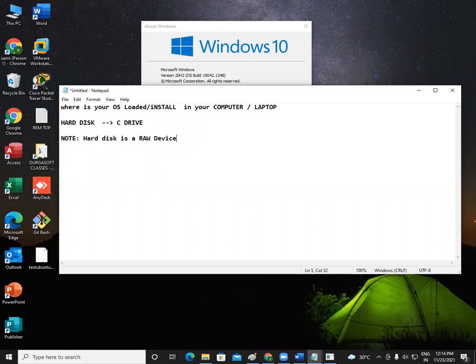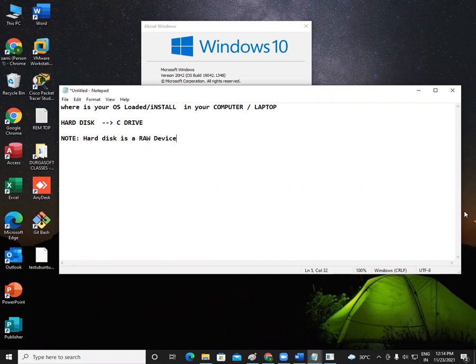This is what your installation is all about. You have to take the Windows DVD or a CD or whatever and do the installation in your computer. So when you do the installation, you're installing this operating system in the hard disk. And in that hard disk, if it is, suppose, 500 GB, we make some partitions: a C partition, D partition, E partition, and we can go with more partitions, right?